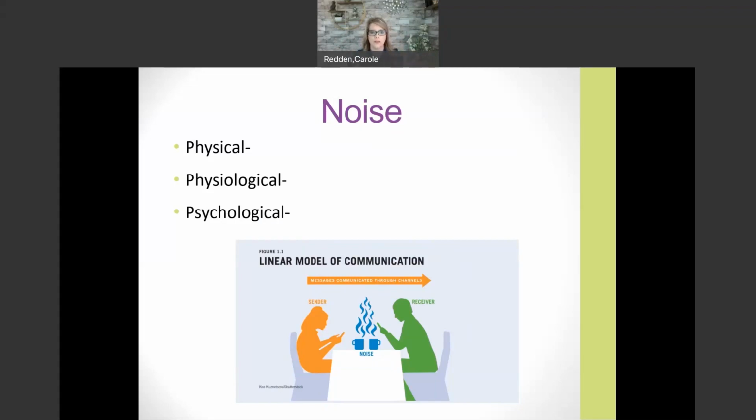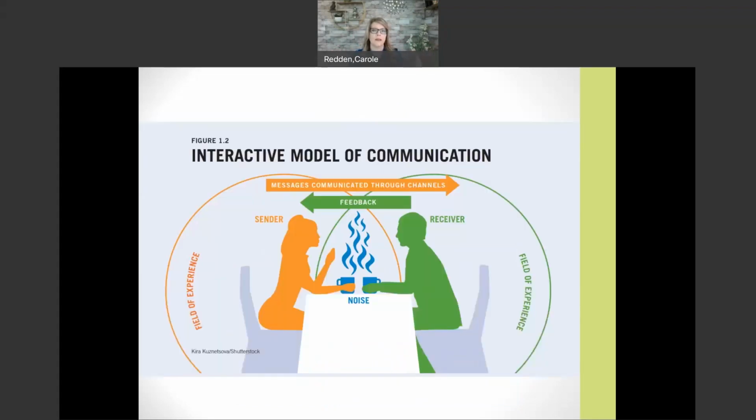So again, this is a visual of the linear model. And again, it's just the two people with one message going one way and noise. So it's a good starting place. The next level, which is like the upgraded version, has two additional variables, and I believe that's a quiz question. In looking at the image, again, this is from your textbook, you'll see the two additional variables are the